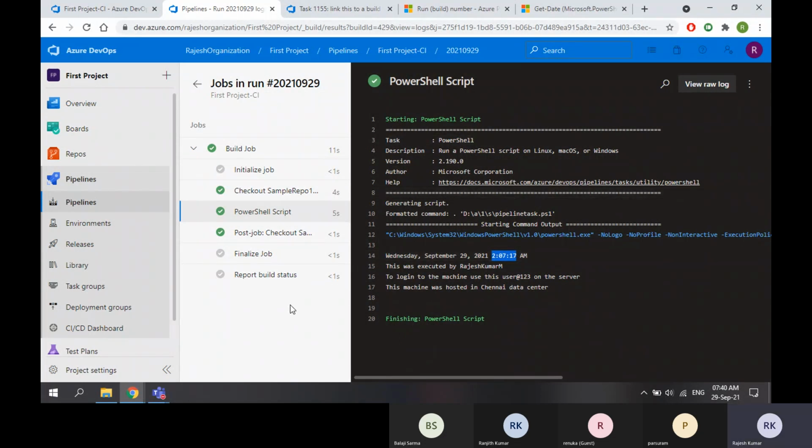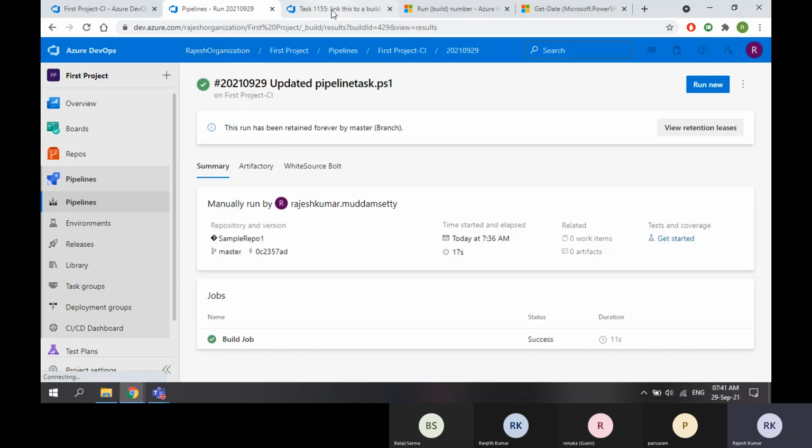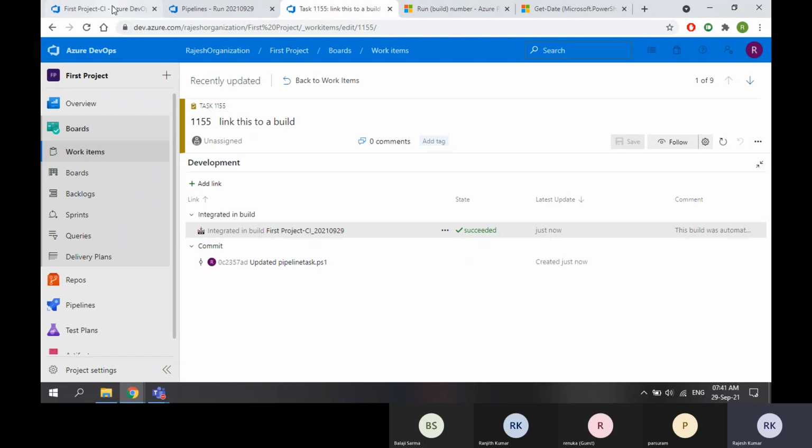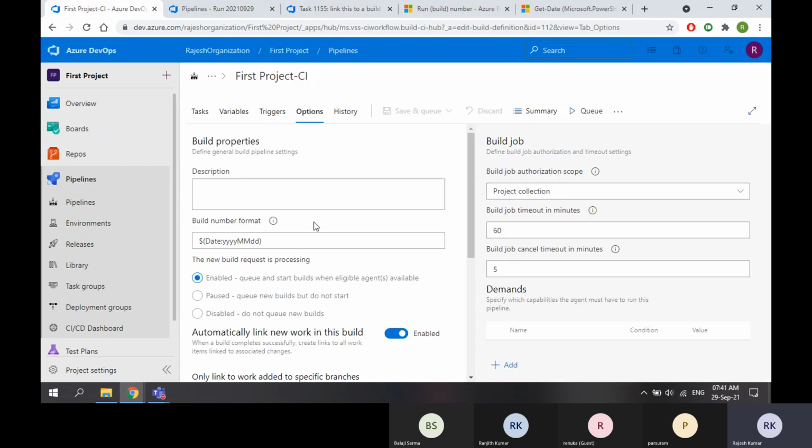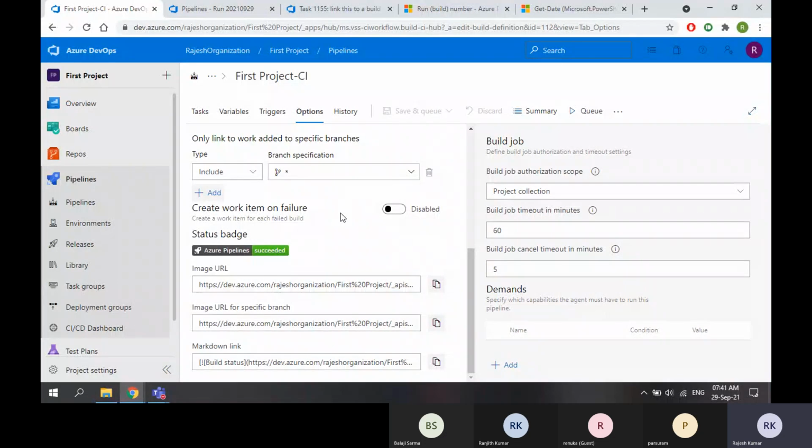So whatever change we did in the code got displayed in the output, and the build has been linked to the work item as well. So the options are working fine. Now the other option: when the build fails, how will I notify people that something failed? You scheduled that build yesterday night, but by the time you come in the morning, it's almost 12 hours late. Yesterday night at 8 o'clock the build failed. Today at 9 or 10 o'clock you came to the office and now you are seeing that the build failed.